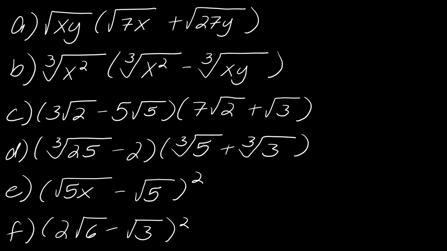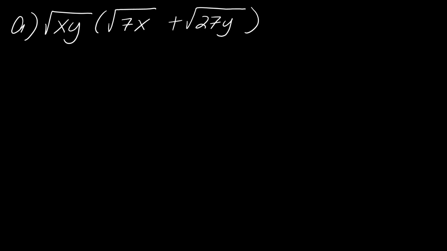And onwards towards multiplications. Again, pause here if you want to try any of these, but I am just going to start going through them. So for this first one, I just need to distribute everything. I'm going to take the square root of xy and distribute it in. And you just multiply exactly what's under the radical, right? So this is going to turn into